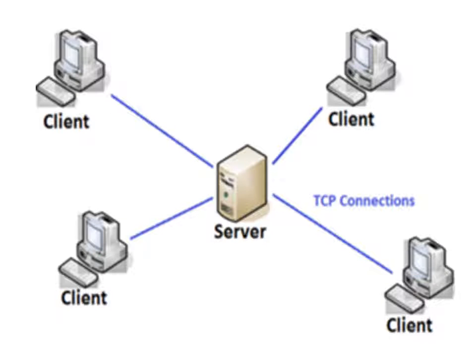So this is the client server architecture diagram. See, in the middle there is a server and there are 4 clients connected to the server. It may be an internet or network, local area network also. So here the 4 client machines are connected to the server. So the server is a centralized one. The client gives a request to the server and the server responds to the request accordingly.